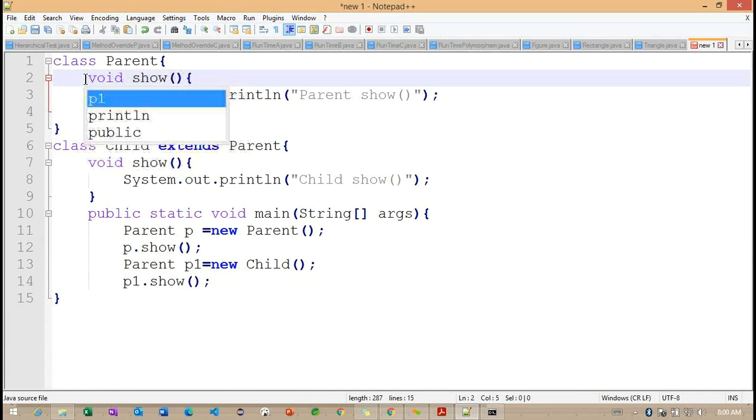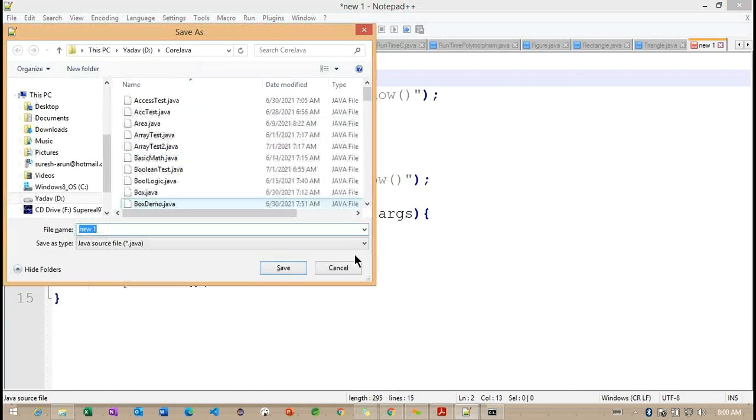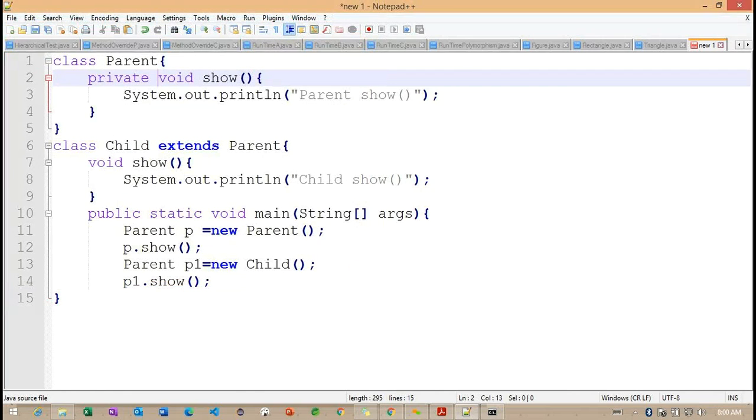Now what I am trying to do here is make a method private. Here I am trying to work with this particular private method. Getting the point?